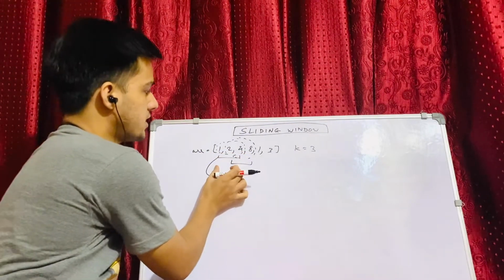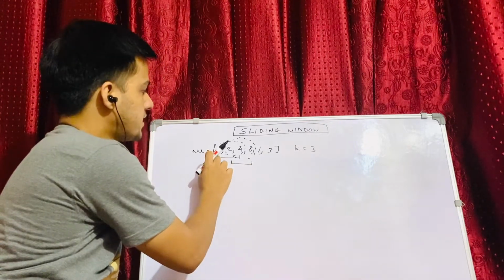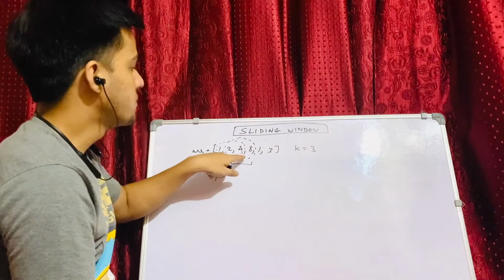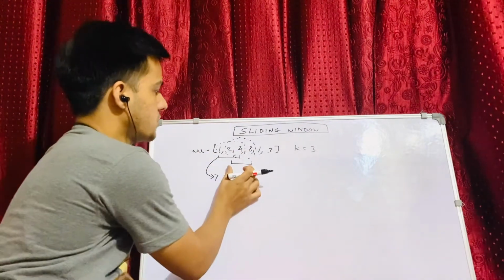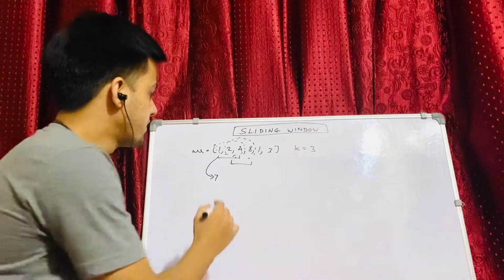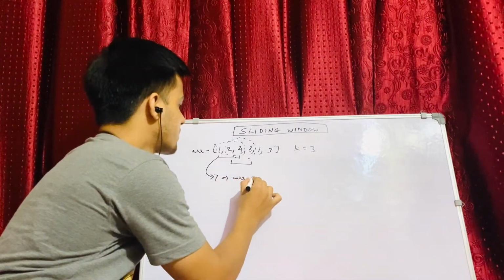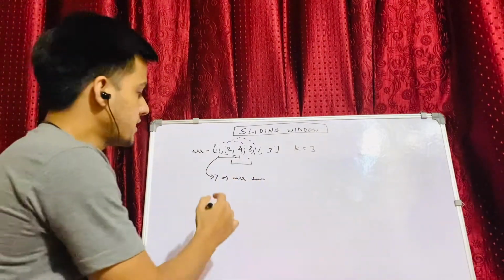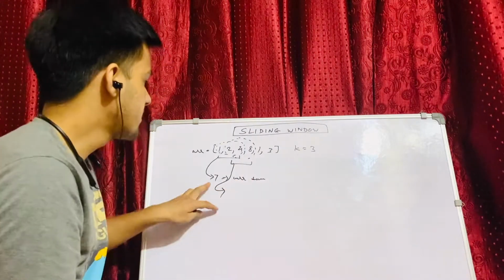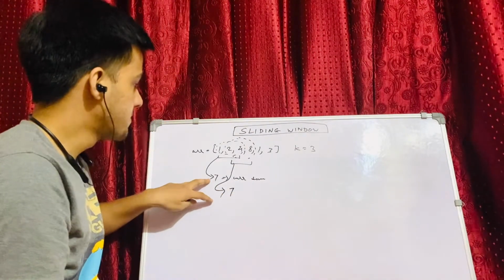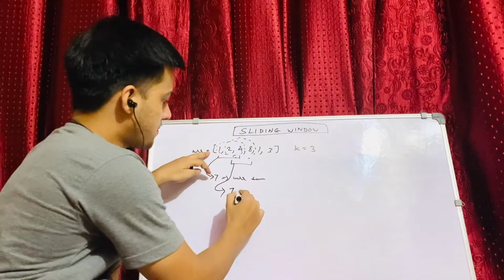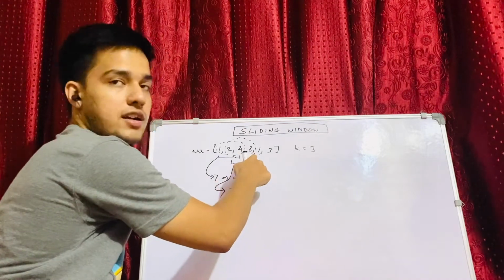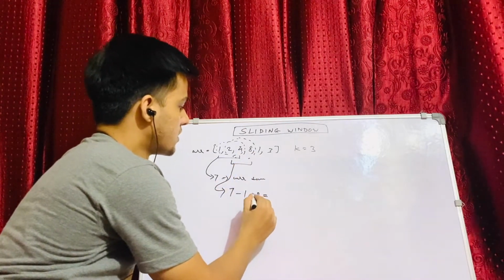So when I am going from this to this, only one element is being removed, which is the first element in my current window, and one element is getting added at the end. So it will be like this. Let's suppose the 7 is my current sum. What I am doing for this particular case is taking this current sum, subtracting the first element from my current window, and adding the next element after my current window, which is 8.